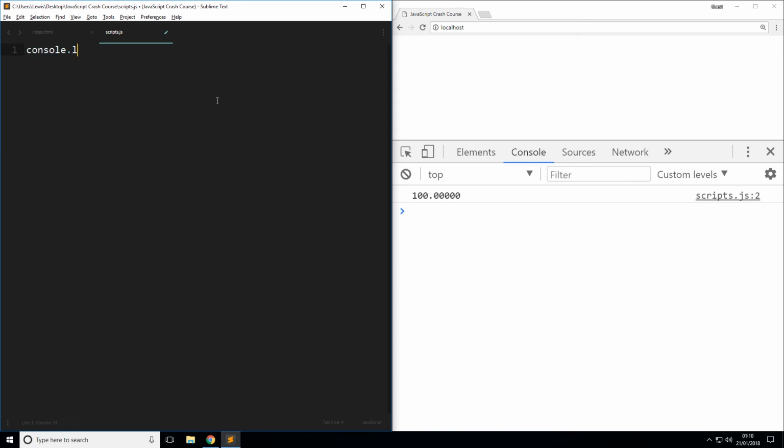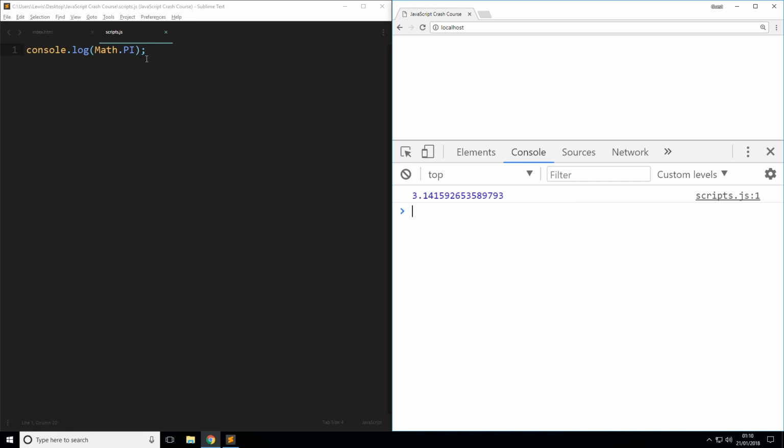So let's start off by saying console.log. And if we save and refresh this, wow, nothing's being output. Anyway, so we've got math, right? And math is defined with a capital M, and we can say math dot a range of different functions, right? So if we say math.pi with capital letters, save and refresh, you can see it's outputting pi, the value of